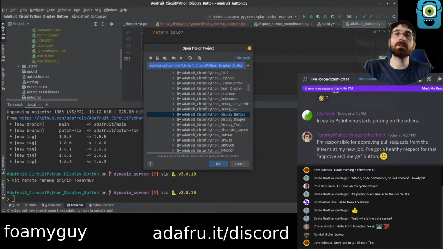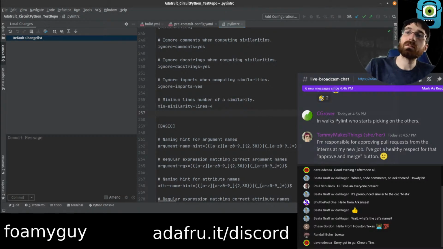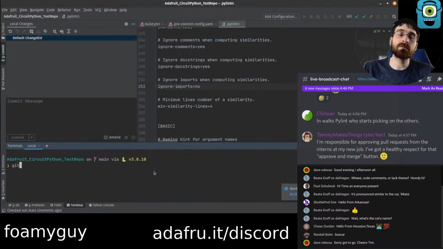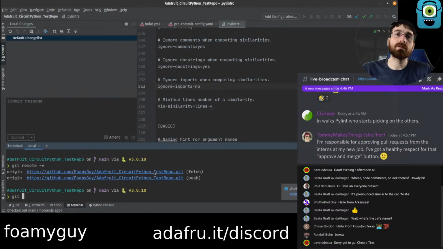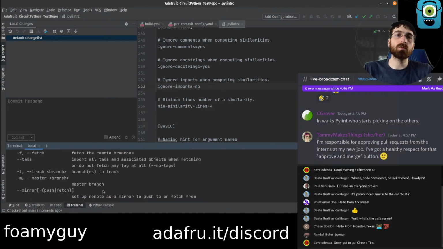Do we have the test repo on this computer? Test repo. Main. Let's fix our remotes here too. Oh, that didn't work.